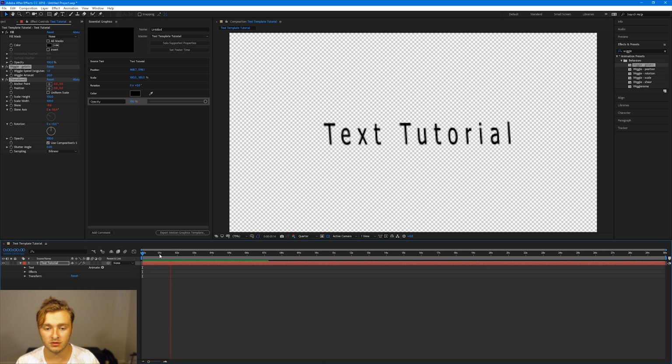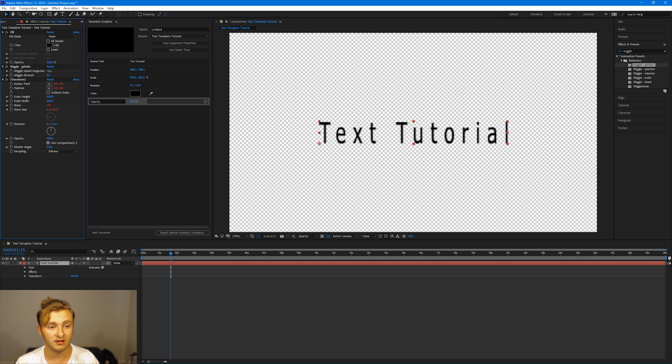So, woo, woo, woo. That's probably a bit extreme, so we're going to do a wiggle amount of like 0.5 instead of 20, and then wiggles per second maybe like 3, and then we're going to get this effect where it just wiggles a little bit